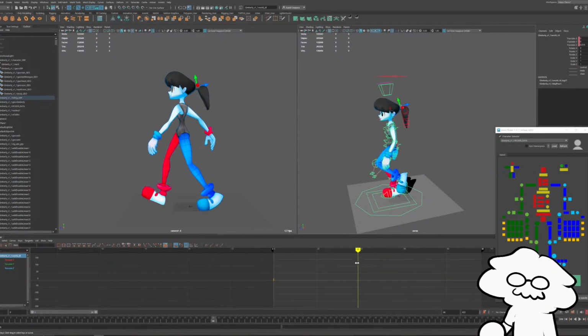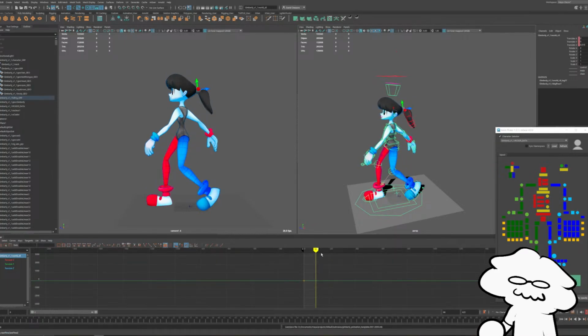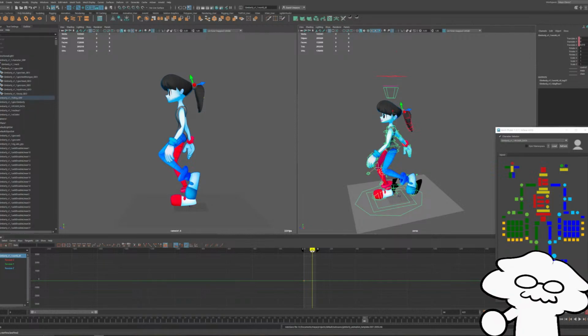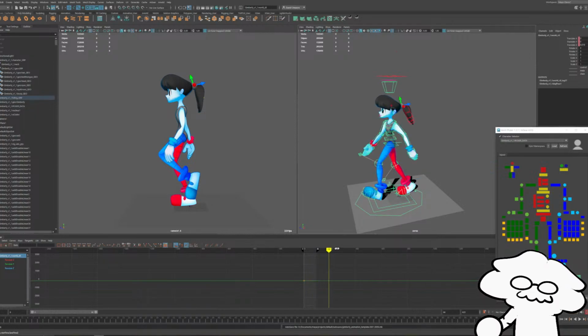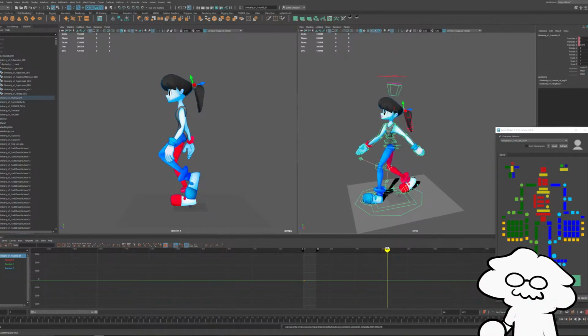As long as I set up my infinite loop correctly, it shouldn't mess up. But sometimes with the way infinite loops work in Maya, it can be a little funny. So let's go forward a bit just to make sure we did it right. That looks about right. Yeah, I think we're good.